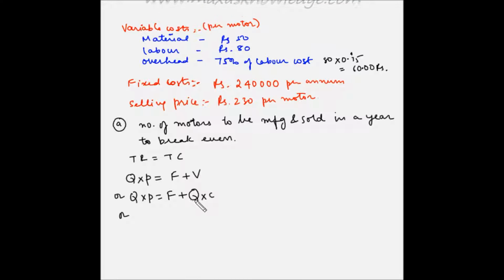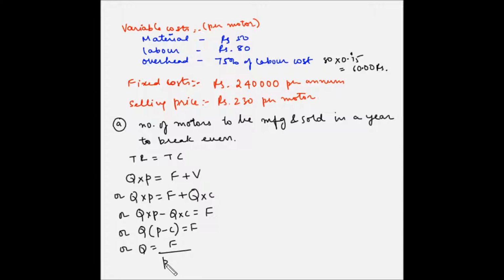So let's bring the expressions with Q on one side, because that is what we have to find and Q is the variable. So Q multiplied by P minus Q multiplied by C is equal to F, or Q multiplied by (P minus C) is equal to F, or Q is equal to F divided by (P